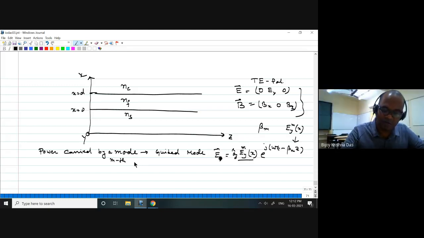One thing I should give you the idea: if there is a loss for a practical waveguide, I can just add one more term, e to the power minus alpha z. If some loss is there, you can normally model it exponentially. In that case, loss, absorption, anything, your effective index will come as a complex solution. It will have a real and an imaginary part. The real part will give you the propagation constant, and the imaginary part will give you attenuation, I discussed earlier, right? So that is the loss part.